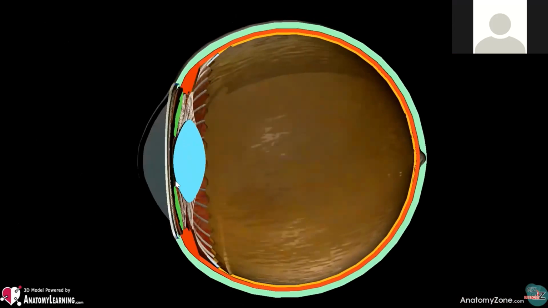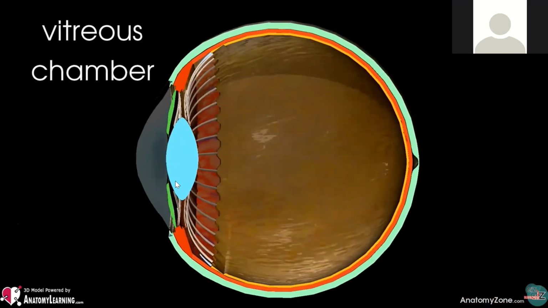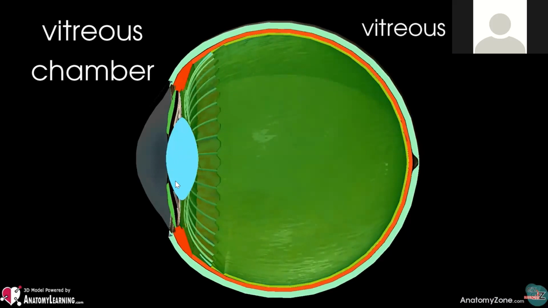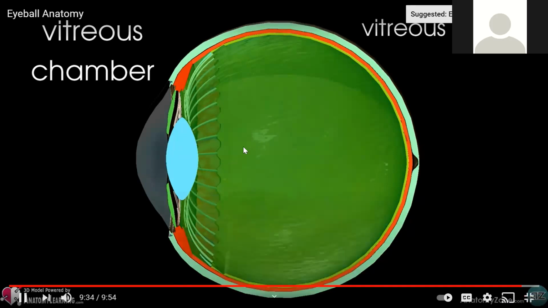The lens separates these two chambers from the vitreous chamber, which fills the eyeball with a transparent, gel-like substance known as vitreous humor or vitreous body, extending from behind the lens to the retina posteriorly. So that's an overview of the gross anatomy of the eyeball. In the next